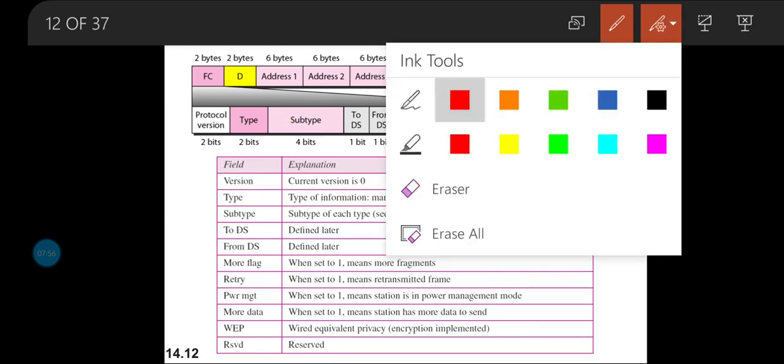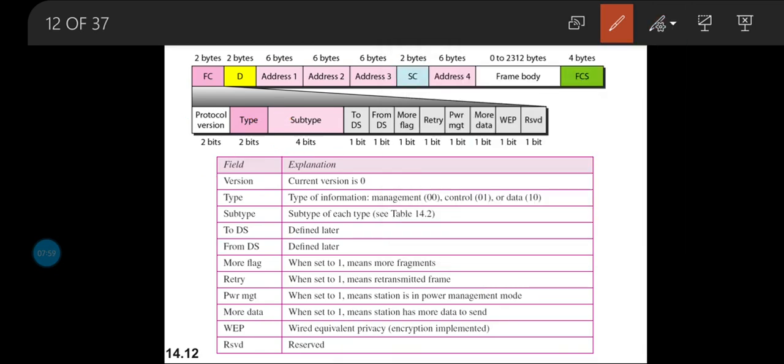The next field we look at is D. As I already told, D refers to the duration of the transmission that is used to set the value of NAV.